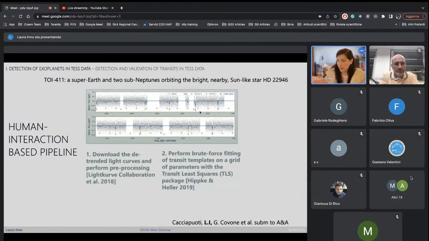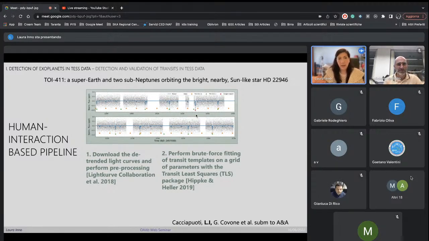Here you see the light curves, the detrended light curves. The gray dots are the data. And then the second step is trying to search for the event-like feature. In our case, we decided to use the TLS package, the transit least squares package, which performs a brute force fitting of transit templates on a grid of parameters. And we were able to identify, you can see in orange, one planet with a period of around 5 days,